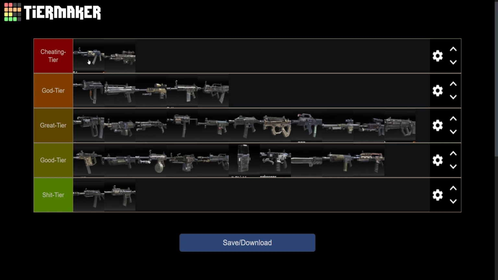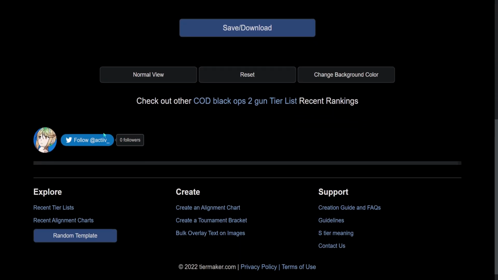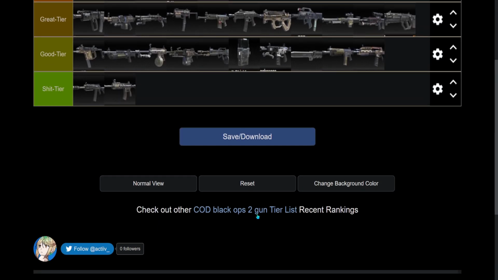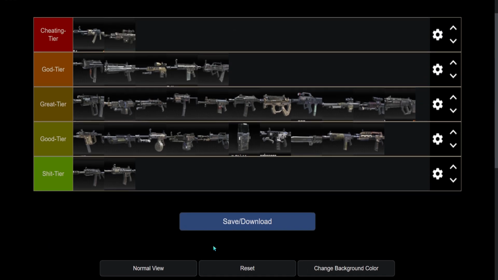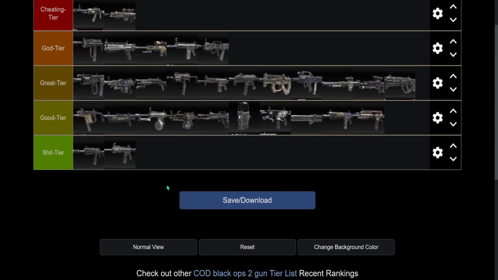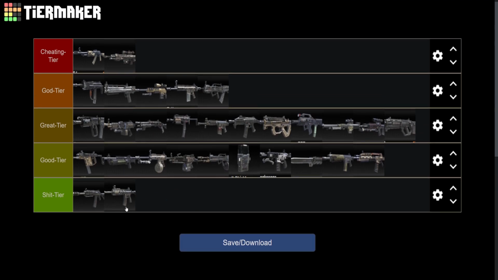So yeah, that is all the main weapons, I guess. This is not made by me, by the way. It is called gun tier list. I might be able to find the rest of the guns. I don't know. But I guess this is going to be the main gun tier list. Let me know if you want to see a secondary gun tier list. I have no idea if that even exists. But